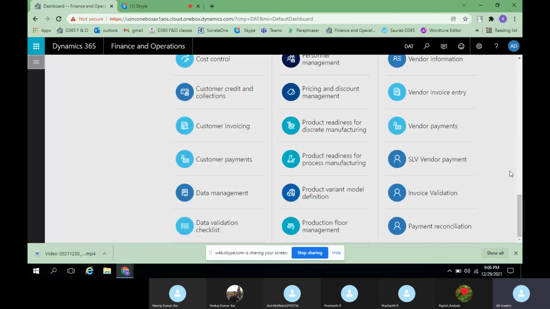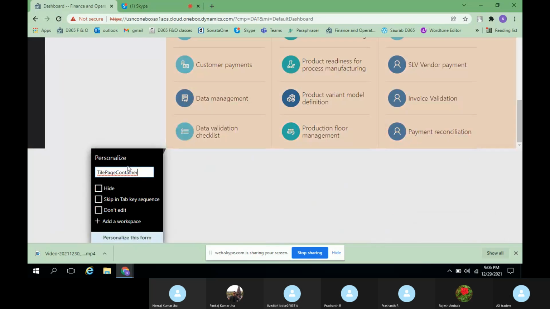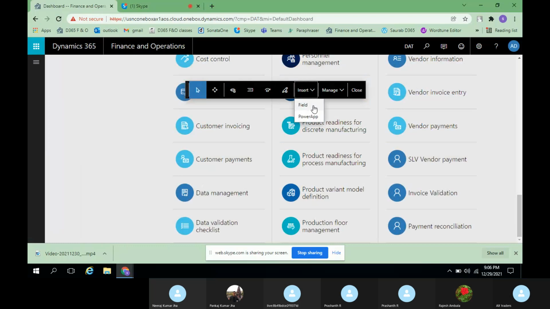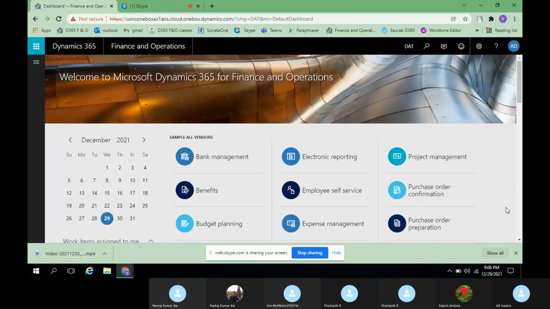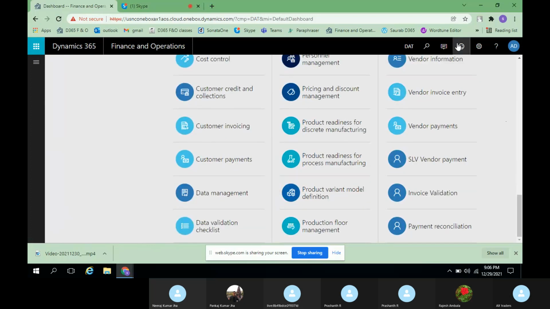Okay, we'll create one more workspace. Here we are creating the workspace with the name of sample all vendors. Why is it not showing? Let me create once again.